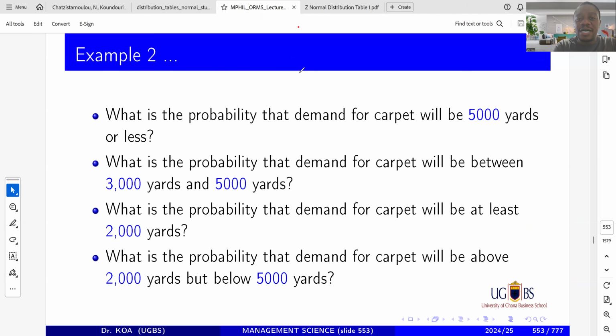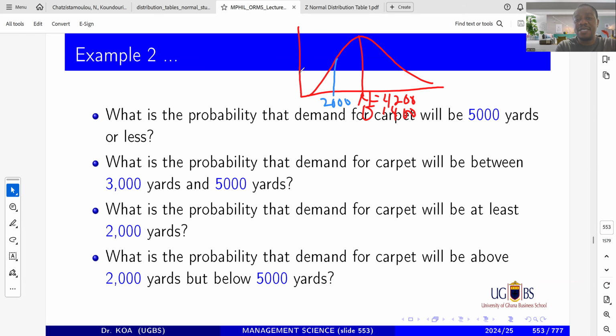So to do at least 2,000, you just have to have your value here as always. Do your normal curve. Your mean should be written as always. Your standard deviation should be below it. Is 2,000 to the right or left of the 4,200? Well, when you check it, the 2,000 is to the left. So the 2,000 must come somewhere down here. That is 2,000.